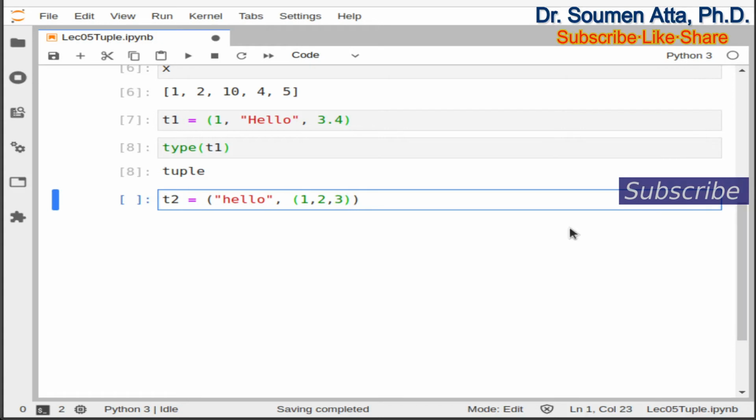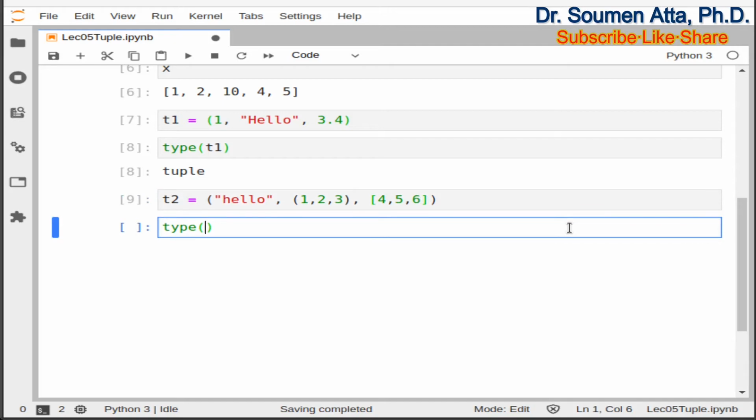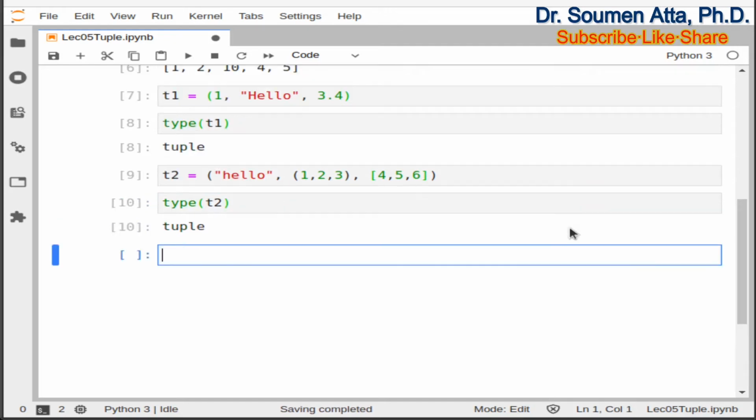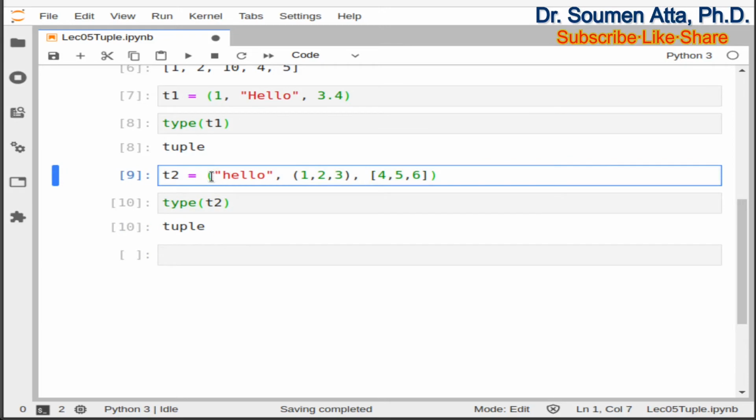So this is a nested tuple. It can also contain a list. Suppose [4, 5, 6] is a list, and this list is one of the elements of the tuple t2. If you want to know the type of the variable t2, it will give you tuple, because t2 is declared using parentheses. Hence t2 is a tuple.